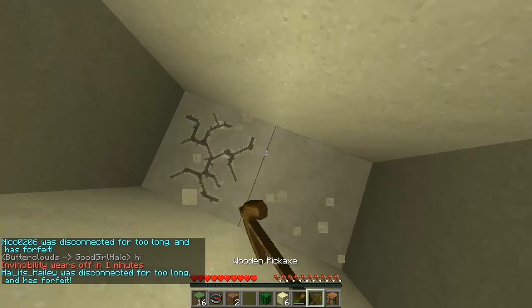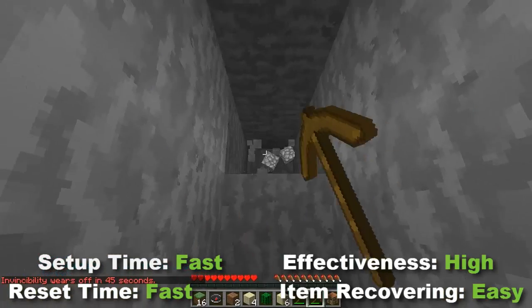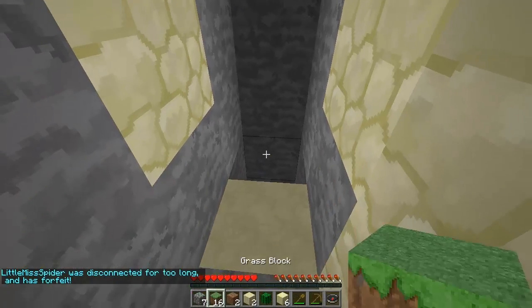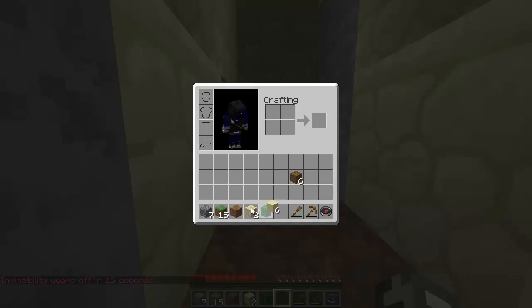This next trap has a pretty quick setup time. It's very effective even against strong players who have a bunch of armor. It has a very quick reset time, and the items are indeed recoverable. What this is, it's a suffocation trap. You build a trap and put a workbench at the bottom, making it hard for them to block their way out if they need to, and then when a player jumps down, you can place sand over the top of